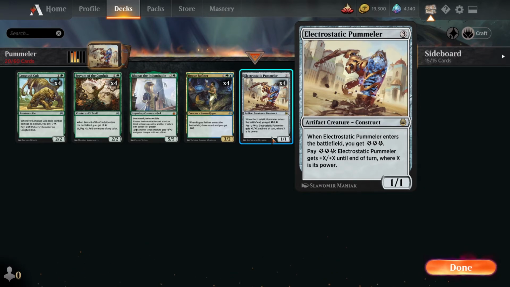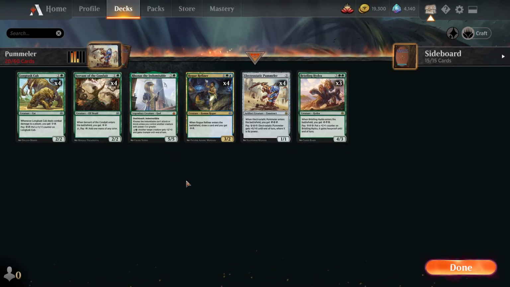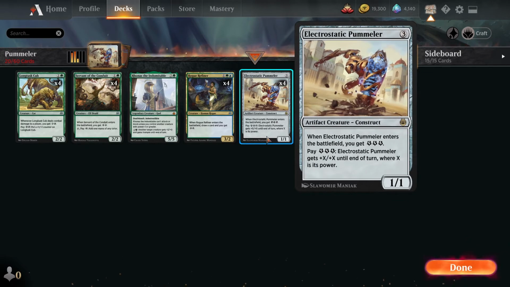Electrostatic Pummeler, the whole point of the deck. Basically, when this comes out on the field, you'll get 3 energy. You can then pay 3 energy to give it +X/+X until end of turn, where X is its power. So the main strategy, of course, is utilizing cards like possibly your Ronos the Indomitable, or pumping it up by other means to make it a little bit stronger, then pay the 3 energy to basically double its power even